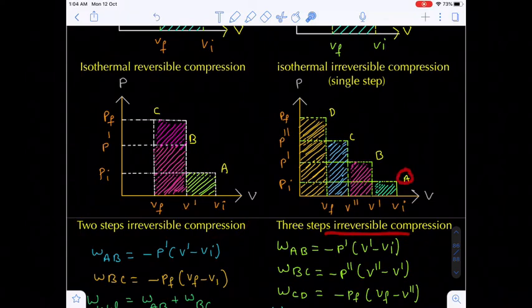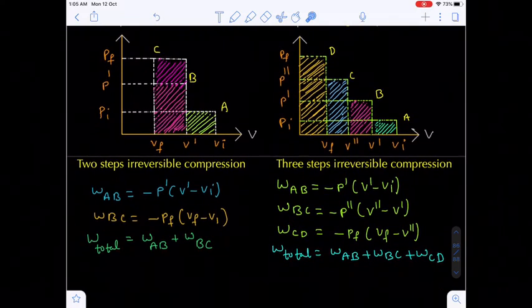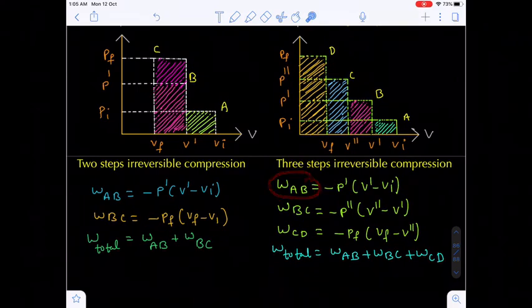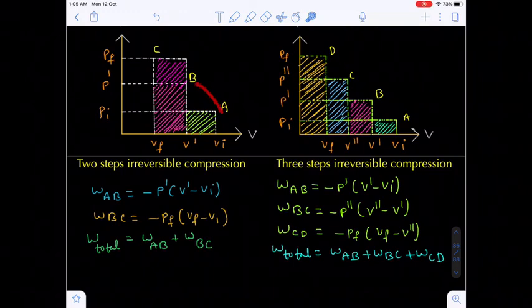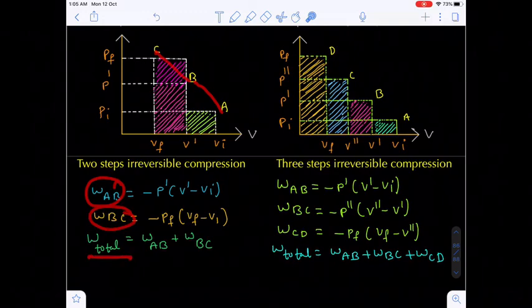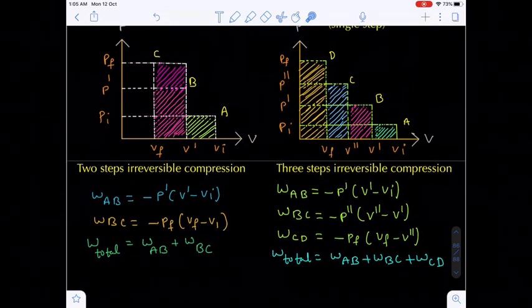After that comes the three-step process: A to B the first step, B to C the second step, C to D the third. First I compress the gas, thereby increasing the pressure, and again compress the gas, increasing the pressure, and again. So we have to calculate three work done values, WAB along AB, along BC, along CD. Adding the paths gives the total net work done value. Are you getting my point?